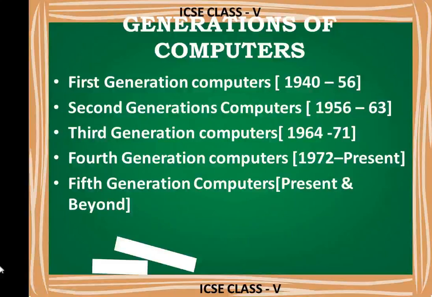Artificial intelligence in the sense that now we need to give instructions to the systems, but scientists are trying to introduce systems that do the work by themselves. So artificial intelligence is where computers can behave, think and react in the same way as humans do. They are trying to develop systems like how humans behave, think, react, and take decisions. In such a way, they are trying to introduce this fifth generation of computers.